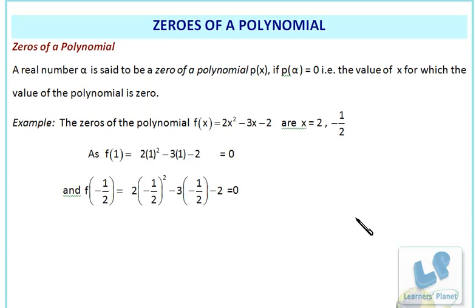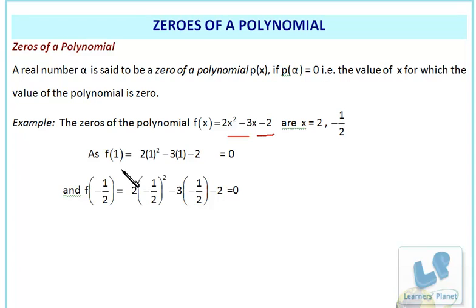Now, a real number alpha is said to be a zero of a polynomial p(x) if p(alpha) is equal to 0. That means the value of x for which the value of polynomial is 0, may be x or maybe the variable, right? So, suppose we have this polynomial 2x² - 3x - 2. So if we put x is equal to 2 or -1/2, the value of this polynomial will be 0. That means